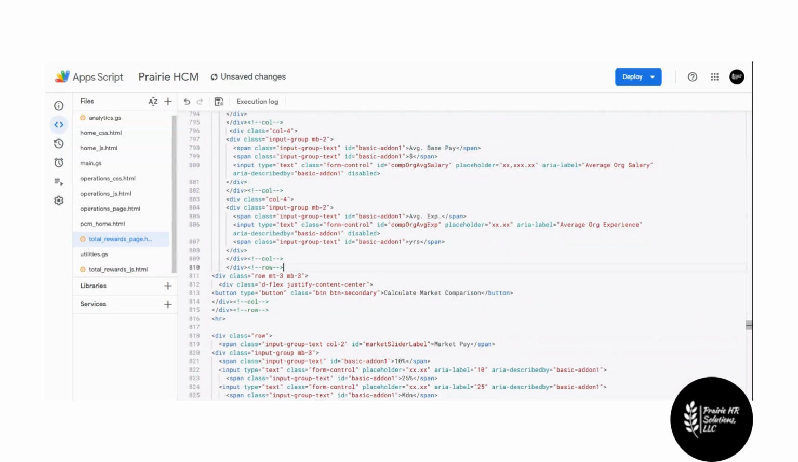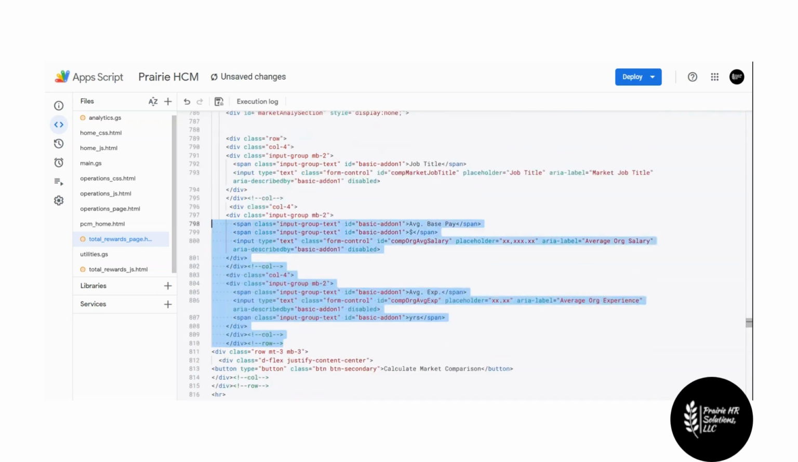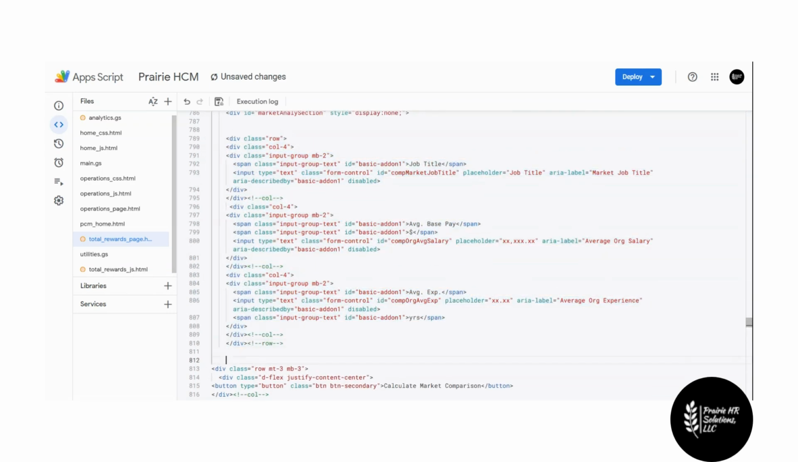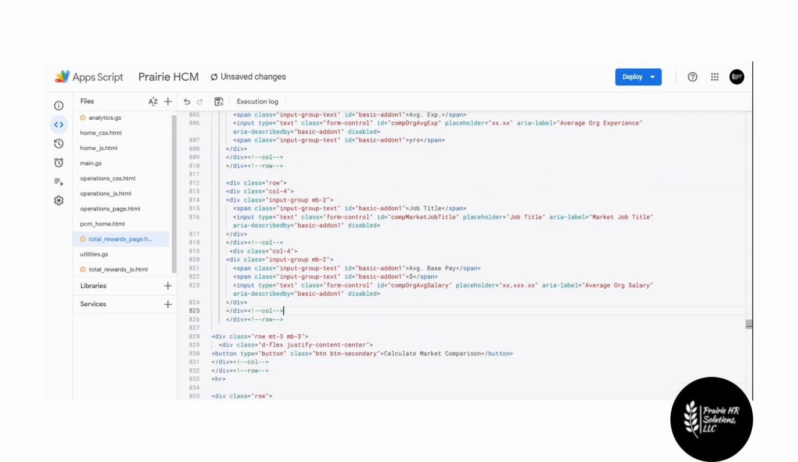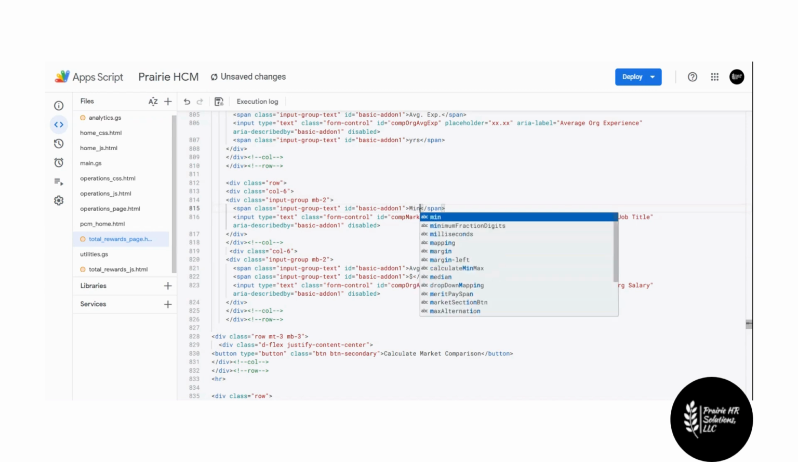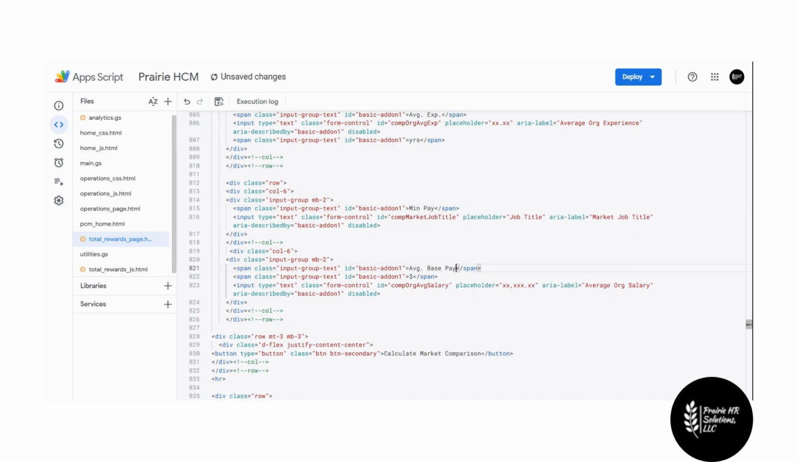So let's just grab this and we'll make a copy of it. And then we'll take a chainsaw to it. So we don't need this last column. Delete that. And this is going to be 6. It'll be very big, but it'll be fine. And this is going to be min pay. And this is going to be